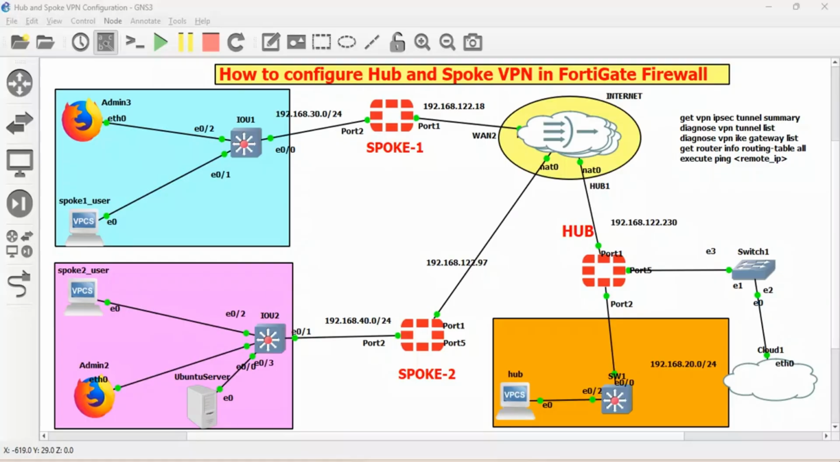Today I'm going to show you how to configure Hub and Spoke VPN on FortiGate Firewall in GNS3. Hub and Spoke VPN is the kind of VPN that is used whereby we've got one single head office connected to multiple branches. In this scenario, the hub here is the headquarter, whereby I have one central firewall based at the headquarters data center, and this hub is controlling the branches, that is Spoke 1 and Spoke 2 here,